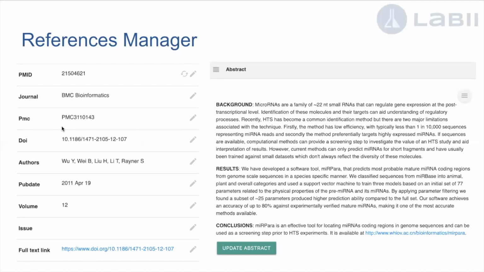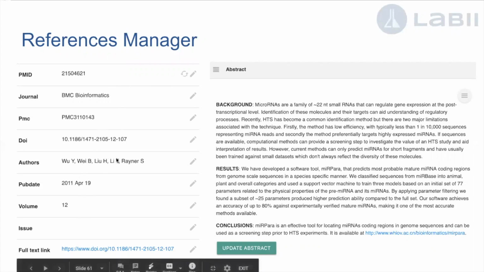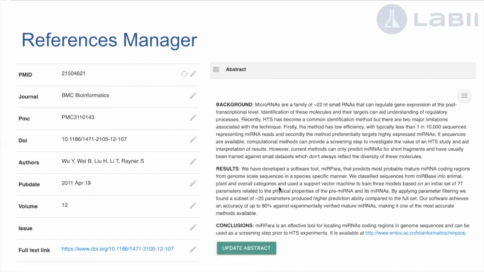And then in the library, we also have a feature we call the reference manager. You can create different papers. The only thing you need to do is associate one PMID and click this button. It will automatically download everything for you: the journal, PMC, DOI, all the information. When you click the detail, you're able to see the abstract. You can also add a new section to attach the PDF. So you don't need an additional